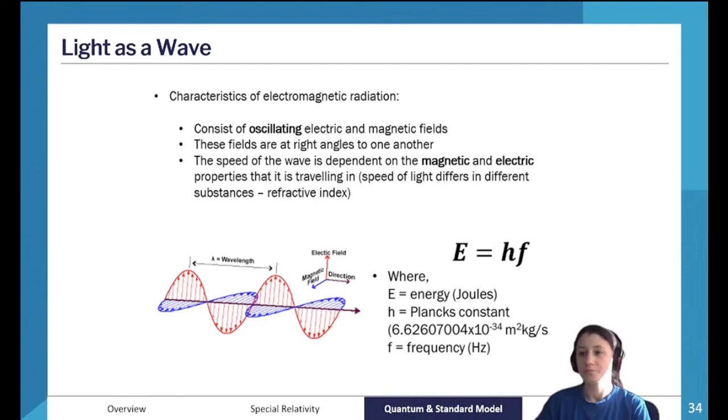So you can calculate the energy of the light using E equals hf, where E is the energy in joules, h is Planck's constant, and f is the frequency of the light. Alright? So, as a recap, the characteristics of electromagnetic radiation are that it consists of oscillating electric and magnetic fields which are at right angles to each other and the direction of propagation. Alright,